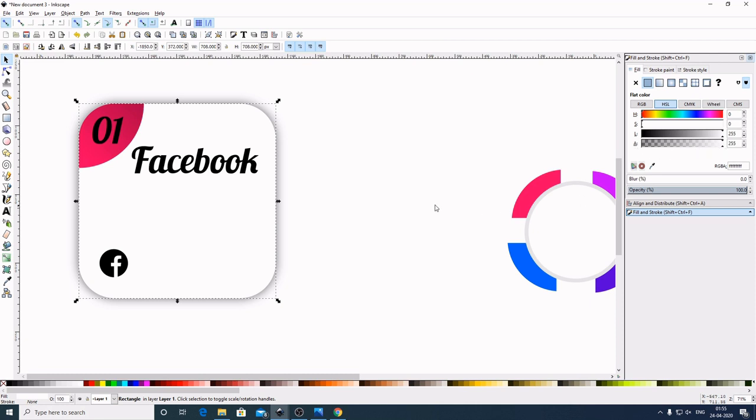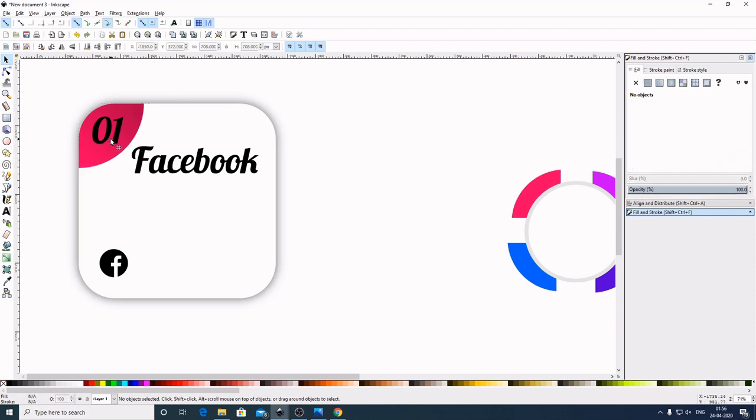It is because in the previous design I used this transparency, so by default this time also it has shown the transparency, and I have brought this transparency all the way to 100%. Now select out of the graphic to deselect.